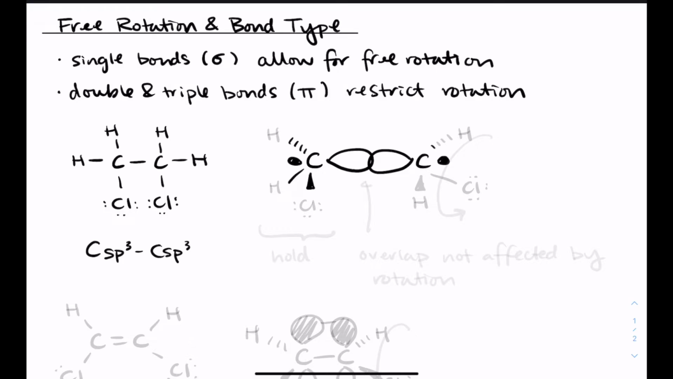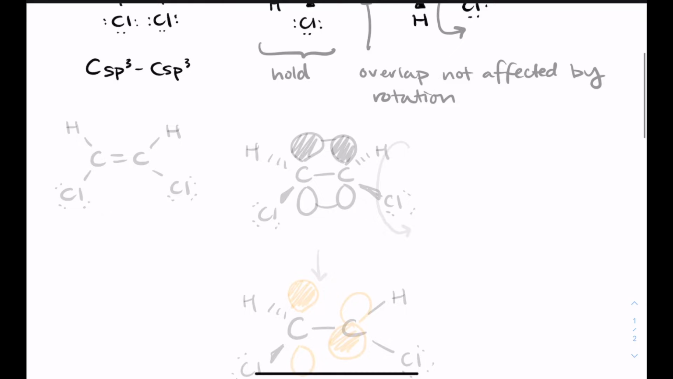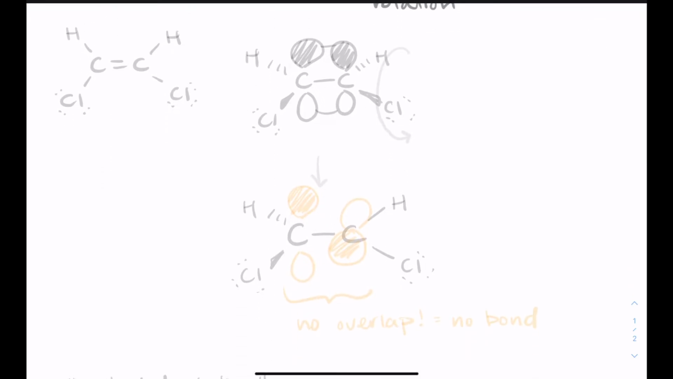And so the free rotation that we're talking about, if you imagine holding the carbon and everything attached to it on the left still, and then rotating the carbon on the right, so I've got this coming forward, right? So like hydrogen comes forward, chlorine is in the plane of the paper, it would go backward. We're going to rotate that way. The overlap of the two sp3 orbitals is not affected by the rotation. So this is what we mean by free rotation. There's no change in the overlap of orbitals,